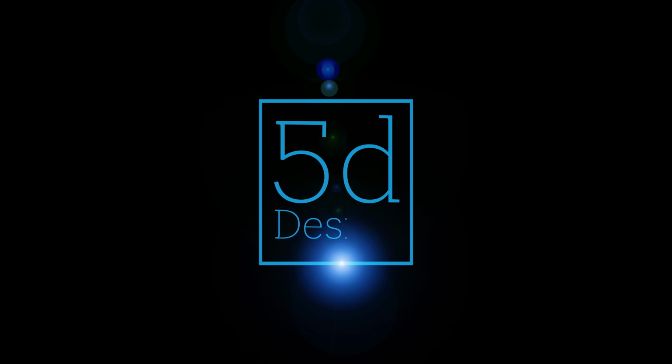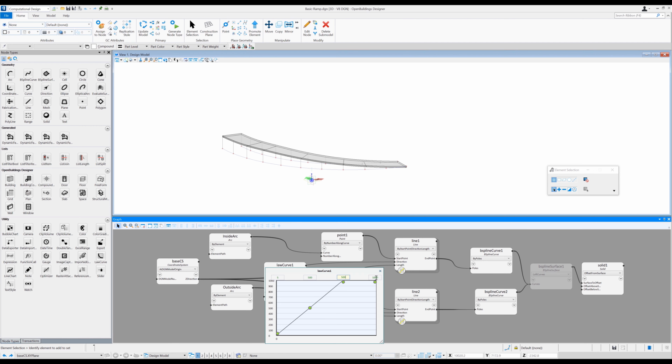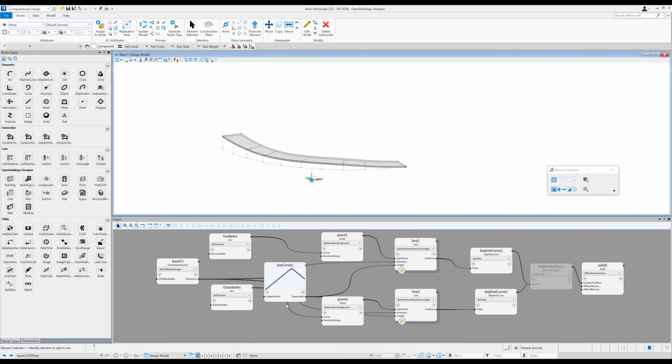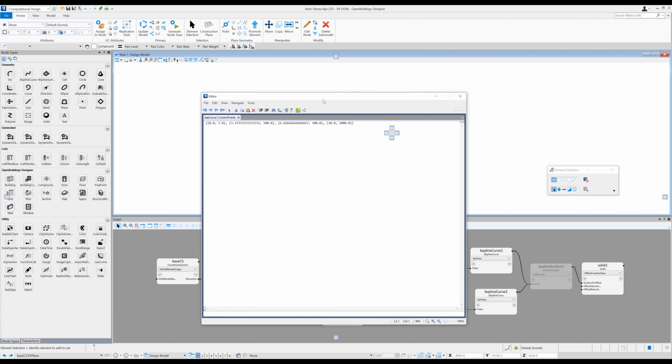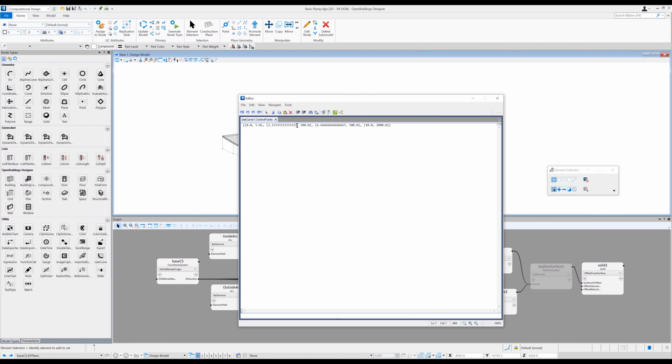We can introduce a landing, say at 500, or halfway up the ramp, and you can see the ramp updates to reflect the change. The landing, however, is just at a third spacing along the ramp. So if we look at the law curve control points, we can see exactly what's happening and control the points and make some adjustments. So opening up the editor, it's easy to see that the control points are spaced at 0,